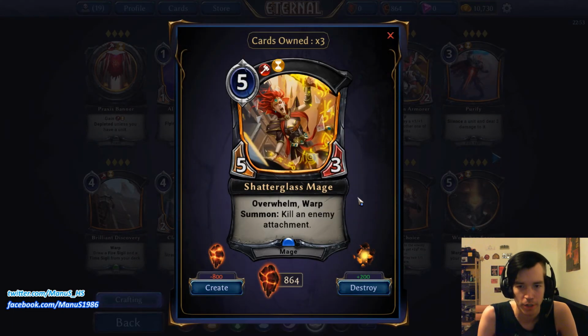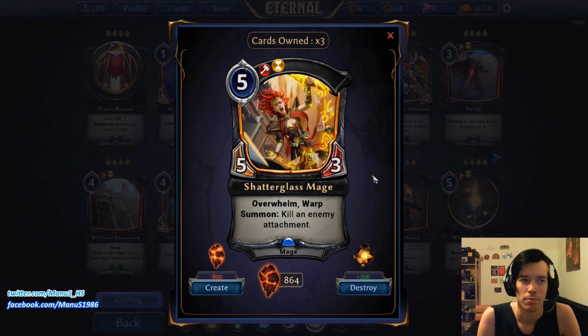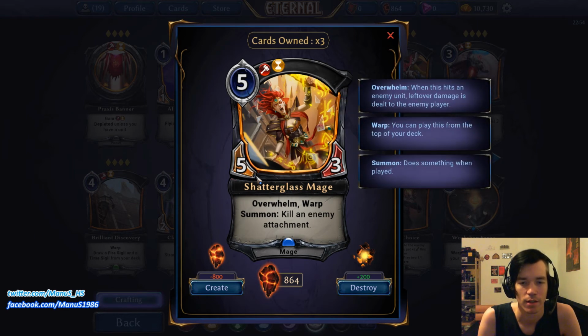Next we have Shatterglass Mage. I keep being more and more impressed by this card. I think this guy is very main deckable and pretty good. The combination of warp and killing an attachment makes this usually at least a 2-for-1, sometimes a 3-for-1, because often you can either warp it or kill an attachment, and sometimes you can do both. And the fact that it has 5 attack means it triggers Dawnwalker and